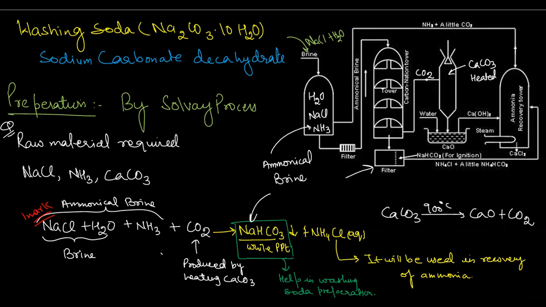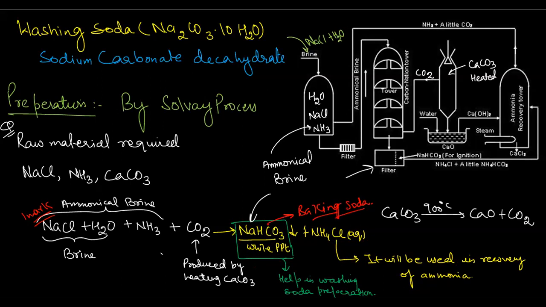So beta, when we pass carbon dioxide to the ammonical brine, it will give you sodium hydrogen carbonate as a white precipitate, and ammonium chloride, NH4Cl, as aqueous solution. Aqueous means it will remain dissolved in water. Sodium hydrogen carbonate is also the baking soda. So baking soda is prepared, we can prepare this baking soda by this method. बस यहीं से हम लोग baking soda की preparation हमारे पास आ गई है.